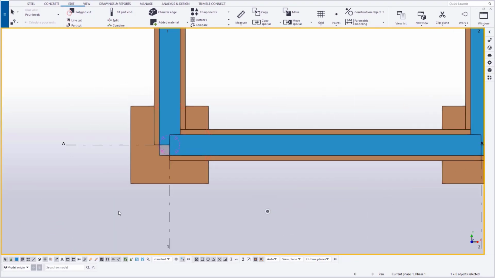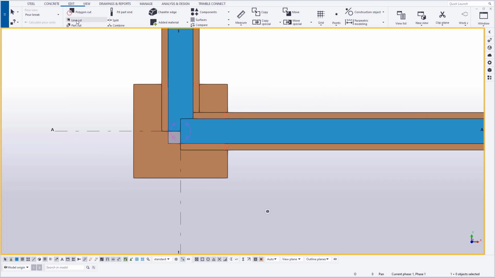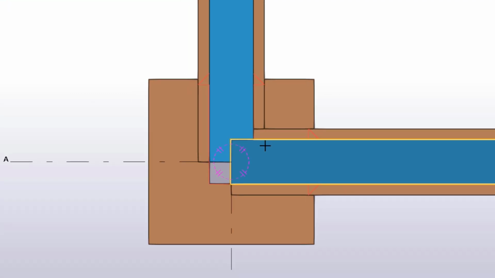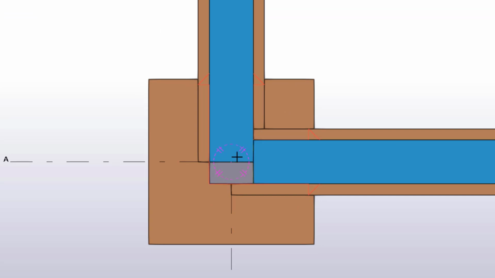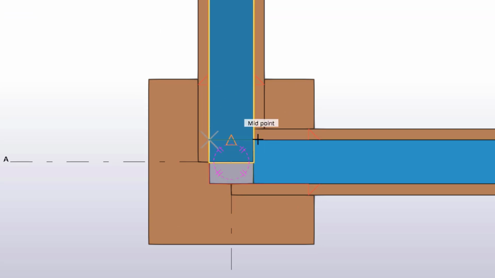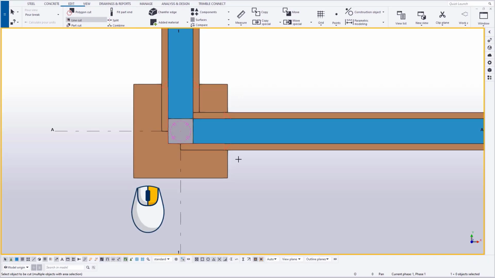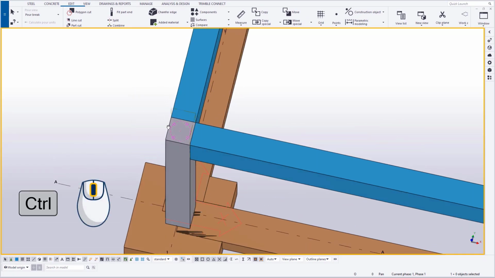Line cuts can be used to shape the end of a beam. Let's try it. Pick the part to cut, then two points to create the cut line. Then pick the side you want to remove. Interrupt the command. If you want to copy the beams now, cut parts are intelligent enough to keep the cuts